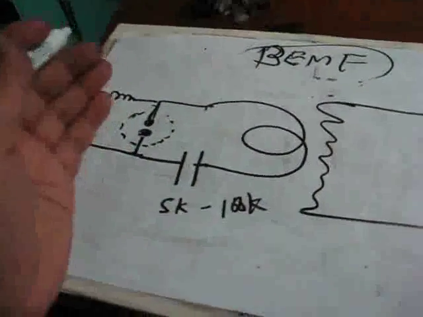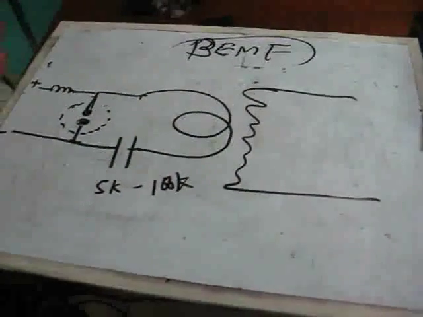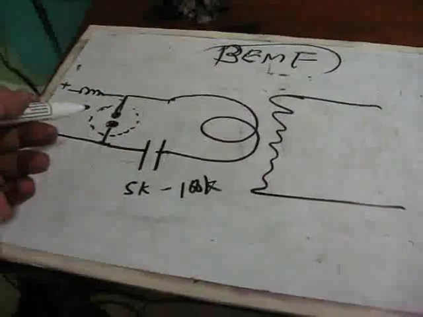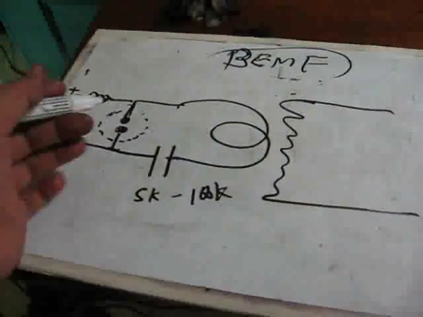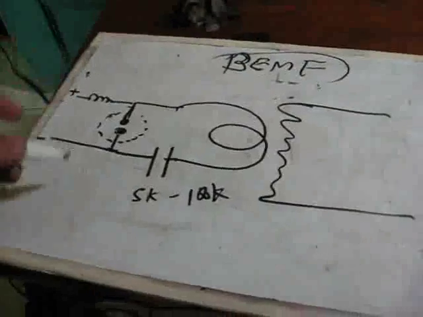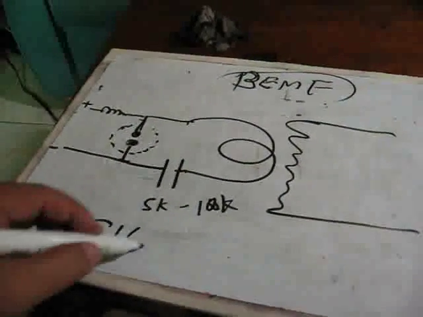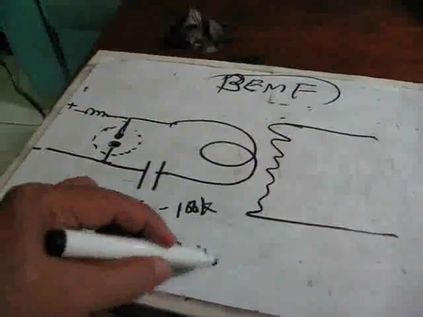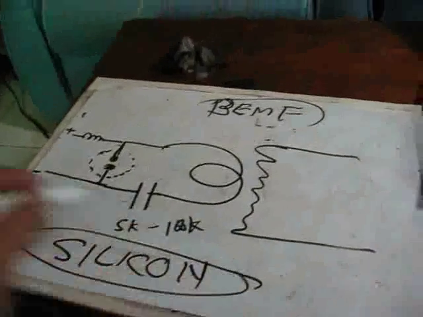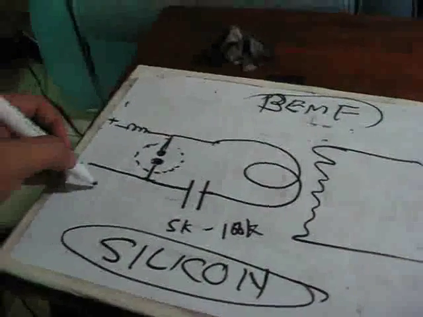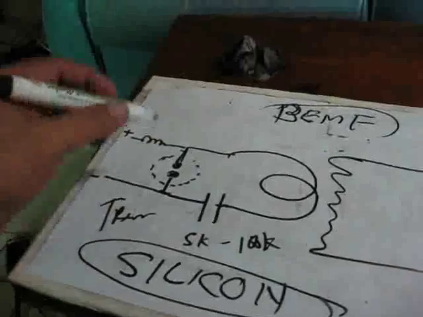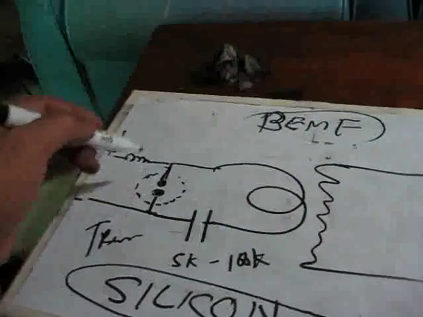But why Tesla? This kind of principle did not materialize, because at the time the silicon transistor was invented, this was of no use already, because the spike created by